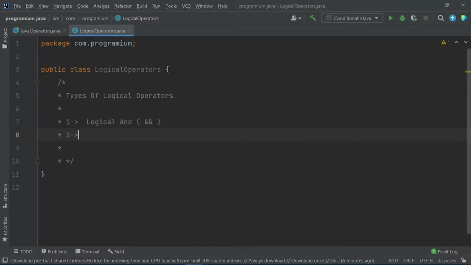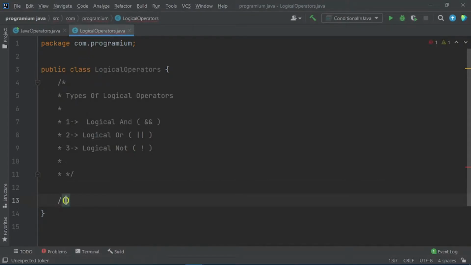The second one is logical OR, denoted by this sign. And the third one is logical NOT, denoted by this sign. So let us see again what these logical operators are. Let me put a multi-line comment here again.